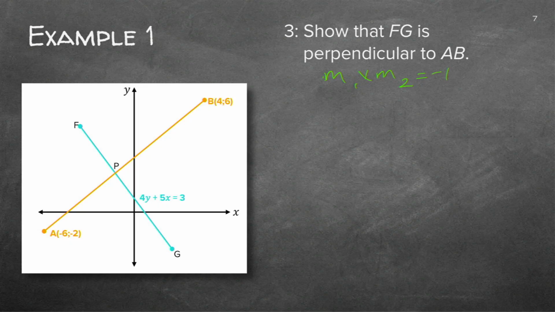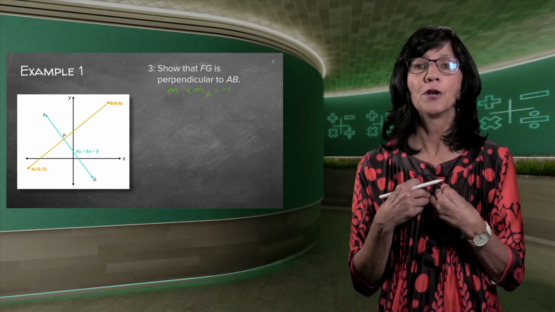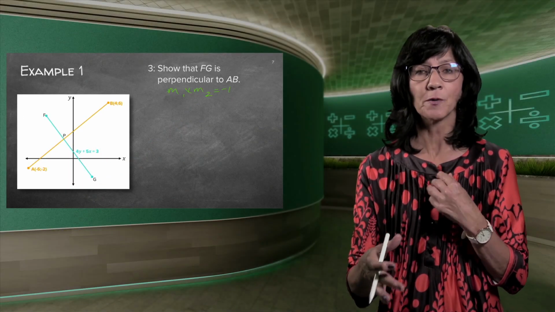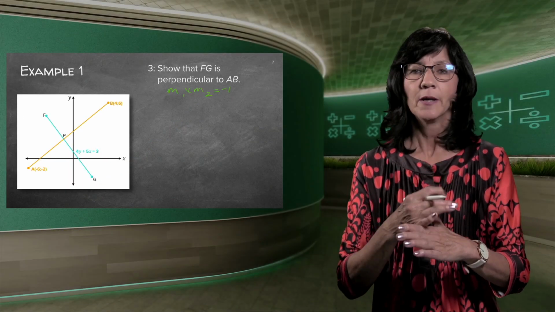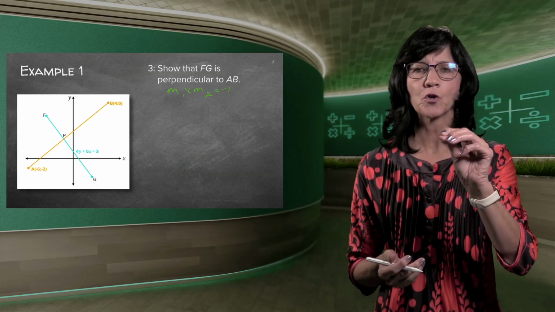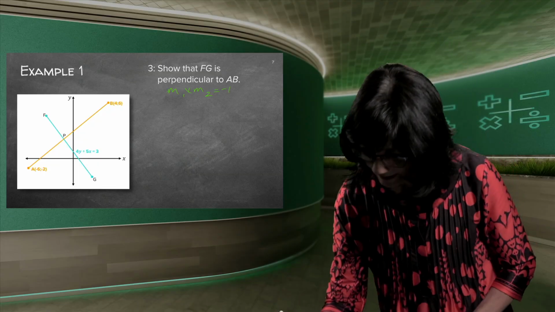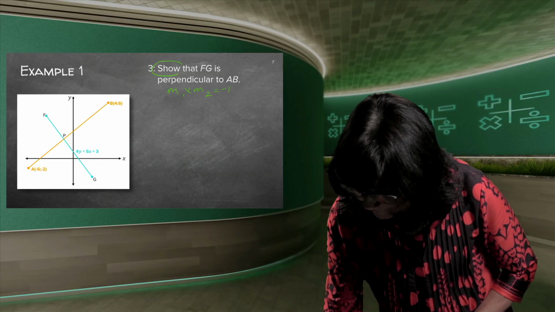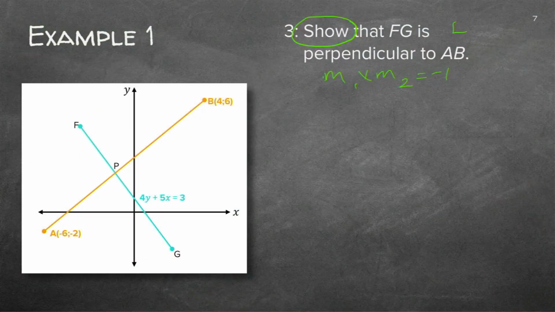Now, when they say show that FG is perpendicular to AB, show means you do not know it yet. It looks like it if I look at the sketch, but we may never go according to looks. So I need to go and prove it. Whenever you need to prove or show, and this is a very, very important hint, so I'm going to write it here: whenever you read the word show or prove, you need to do the left-hand side separately and the right-hand side separately and check if they are equal.